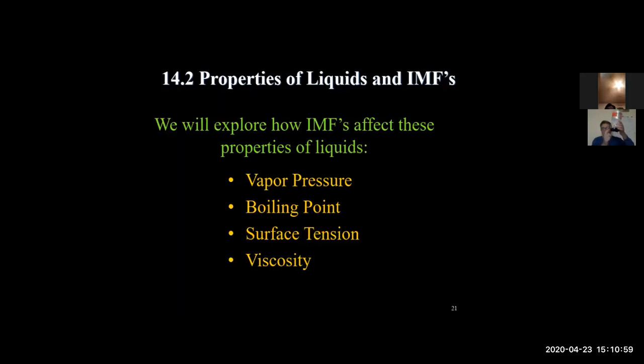If the intermolecular forces of the molecules in the water are very strong, they're going to prevent a lot of those water molecules from going into the gas phase, which means that vapor pressure is going to drop because there'll be fewer gas molecules. If the intermolecular forces in the liquid are weak, then more of those liquid molecules go into the gas phase, causing the vapor pressure to go up. So they're all related to the